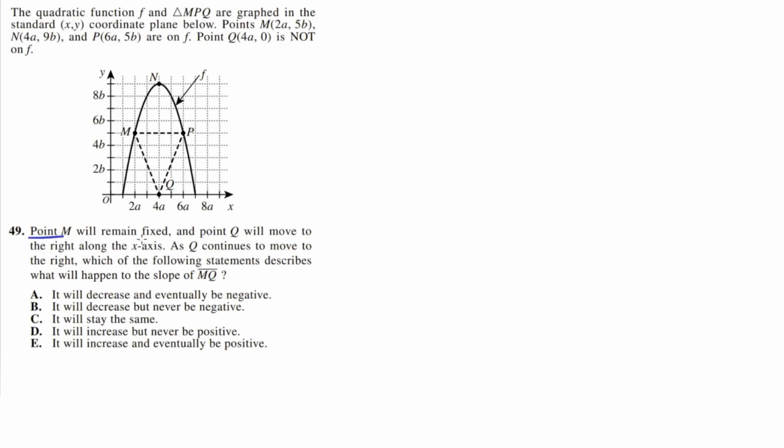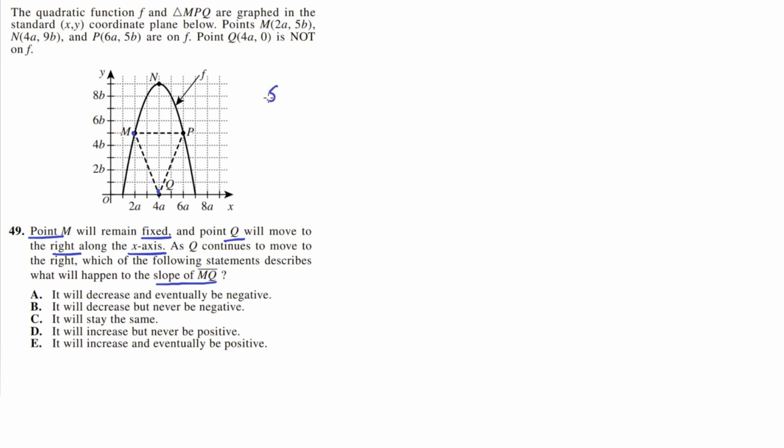Point M will remain fixed, and point Q will move to the right along the x-axis. As Q continues to move to the right, which of the following statements describes what will happen to the slope of MQ? So MQ is this line here, going from this point to point Q,